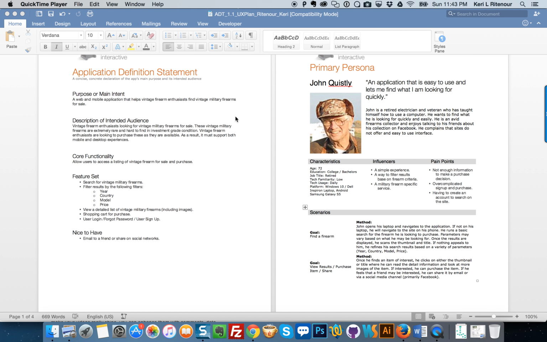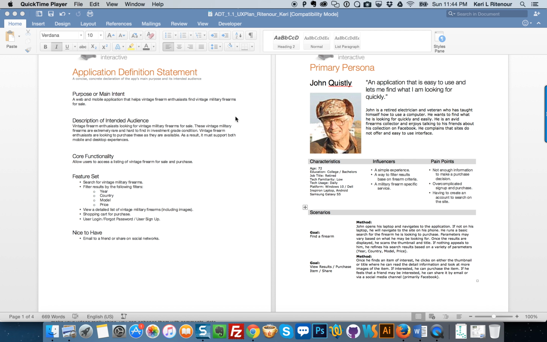He uses a Windows 10 Dell Inspiron laptop and an Android Samsung Galaxy S5. He's a retired electrician, and he's also a veteran. He wants to be able to find something quickly and easily. He's an avid collector, and he enjoys a variety of different groups on Facebook that he would like to be able to share information with if he so desires.